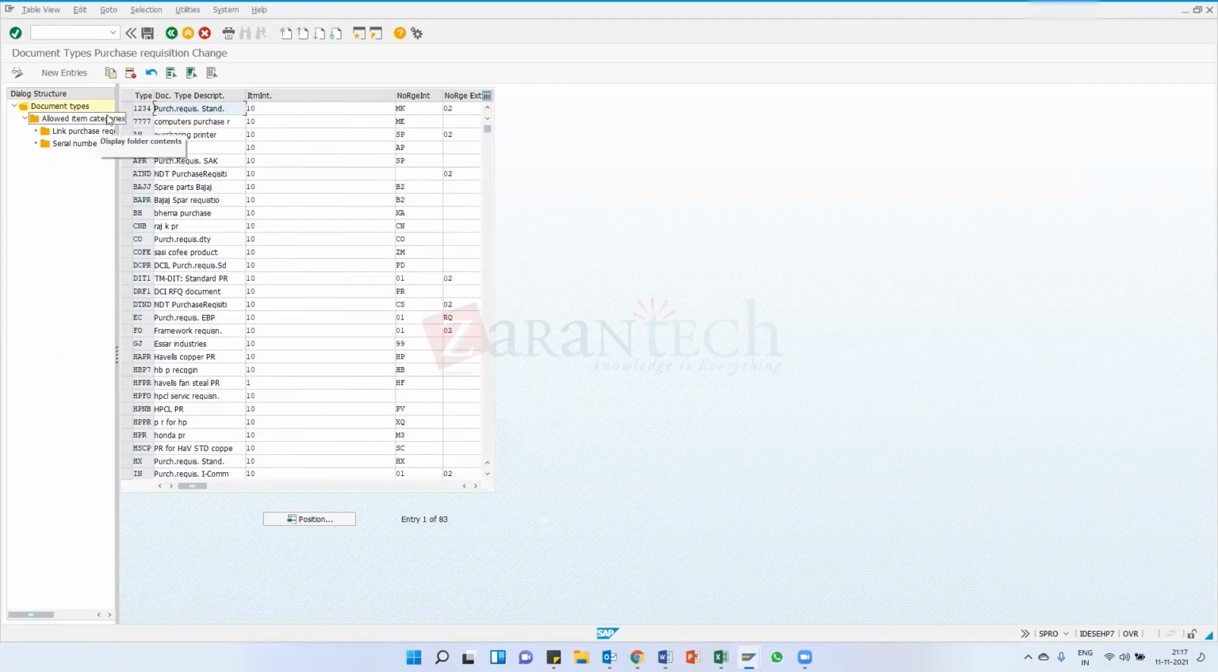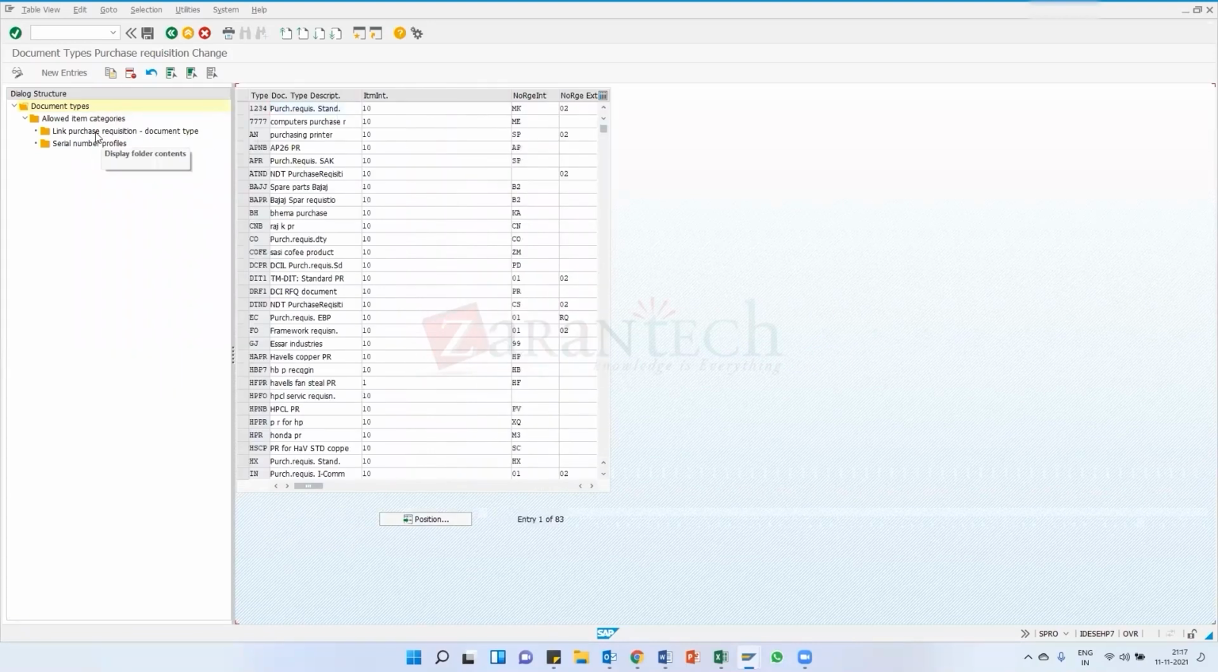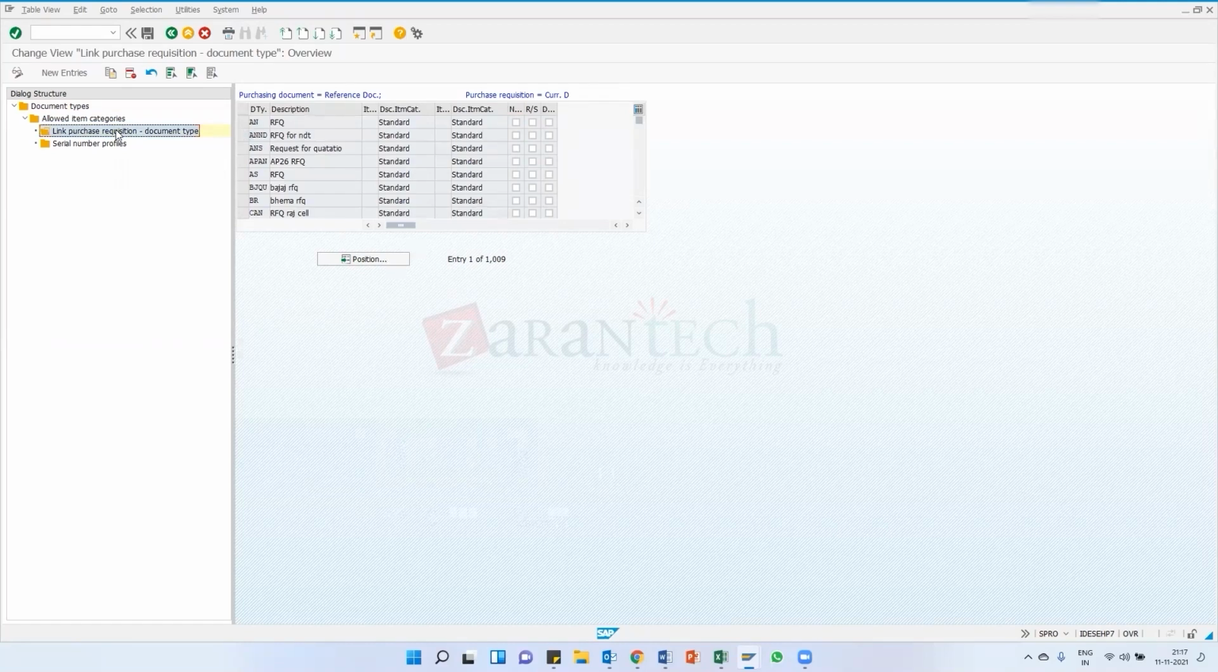Here also we can do the same thing. Same for the purchase requisition: which document type should be used when a PO is created? Okay, if I click here on AN, let's take an example. I selected AN, right? So for that AN document, the purchase requisition PR document type, I can create,